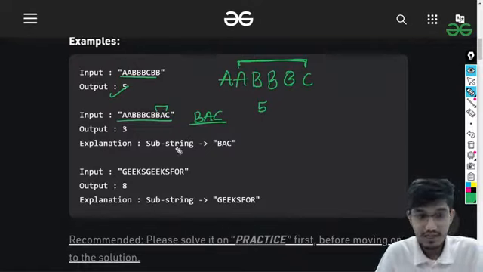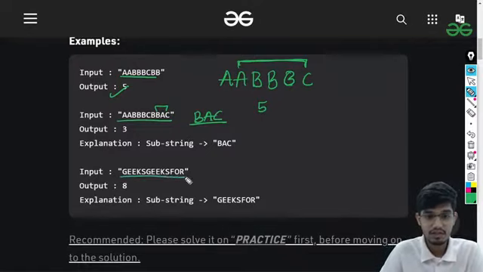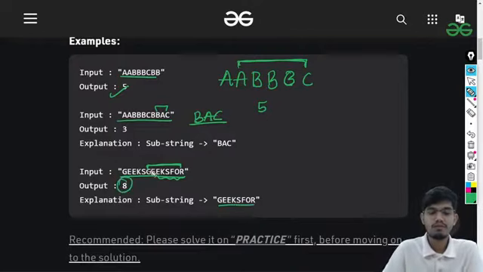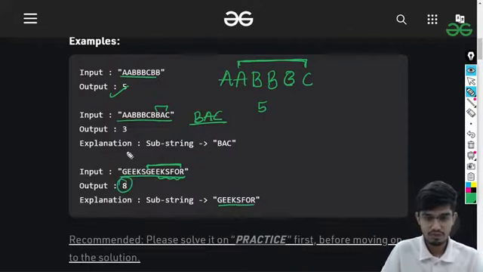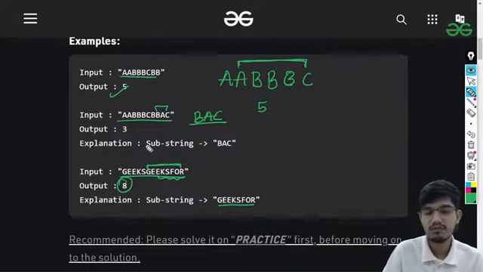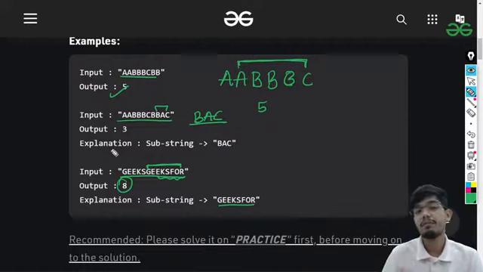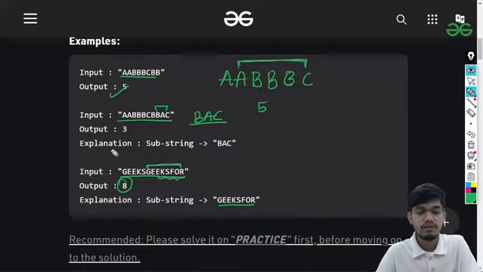The next one is given here. In this we need to take the whole substring because G is present. If G was not present, then we would have taken this one, but G is present, so we'll be taking this. So the output for this is 8. I hope the problem statement is very clear to all of you. Now let us jump into the question and try to solve it. First we'll build up the logic that we are going to use, and we'll discuss the complexity of the code, and then we'll come up with a better solution.